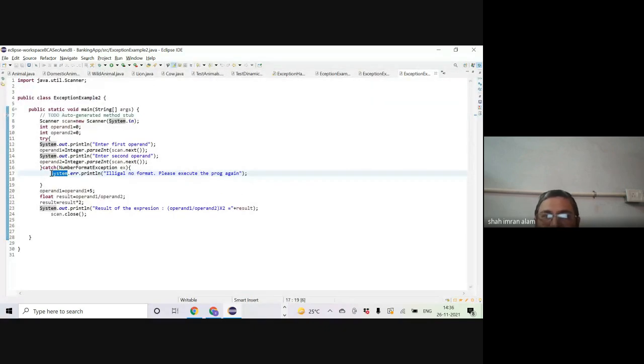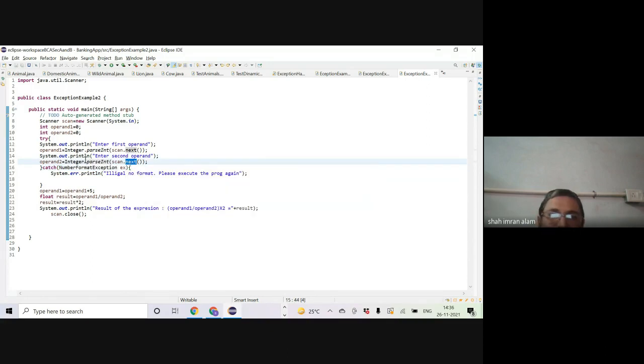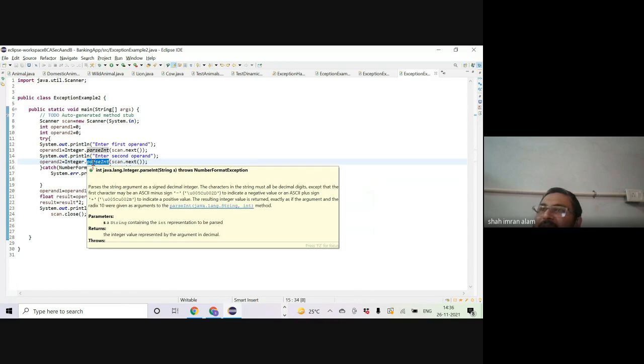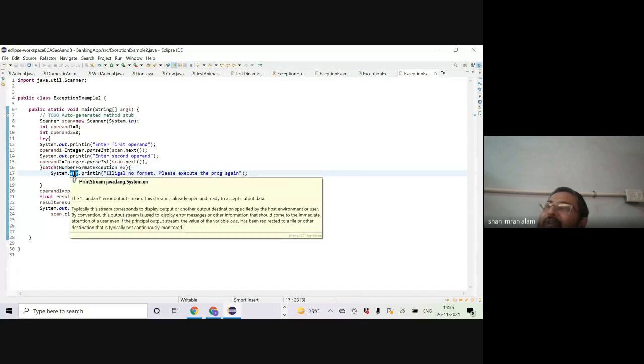So that means this line is printed. Control Z, sorry. This exception occurred here in line number 15 when we have entered TWO2 and we try to parse it. So the parseInt method must have thrown the exception, and that exception is caught in this catch block. Line number 17 was printed, but because we have caught the exception, the code will not terminate and the rest of the lines will execute after the catch block.